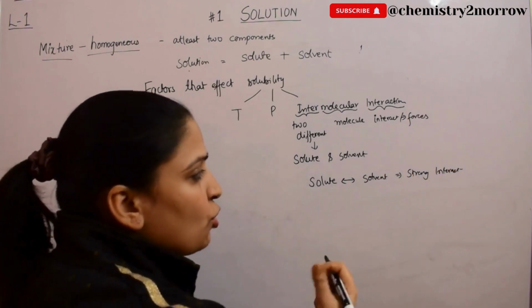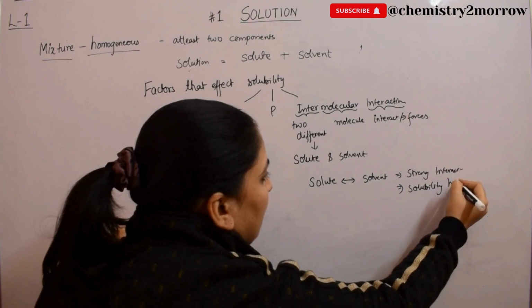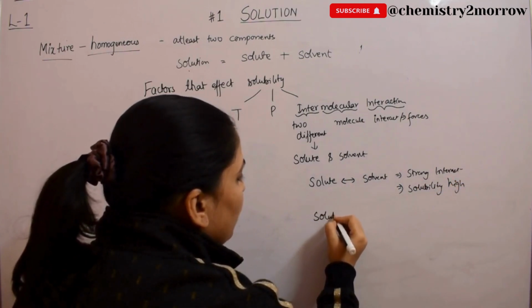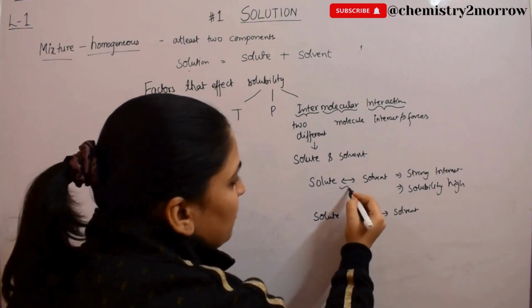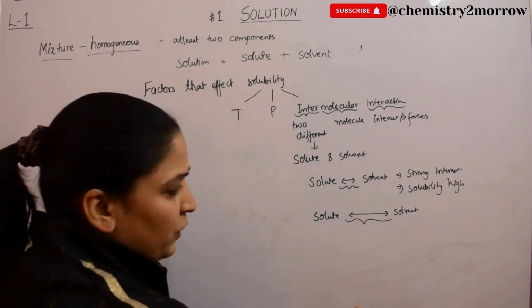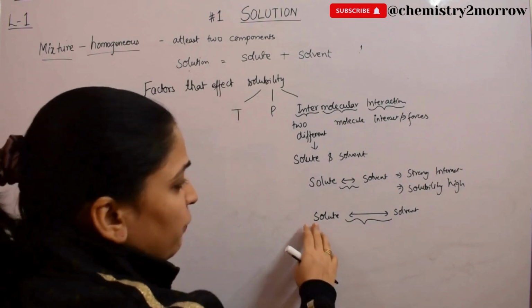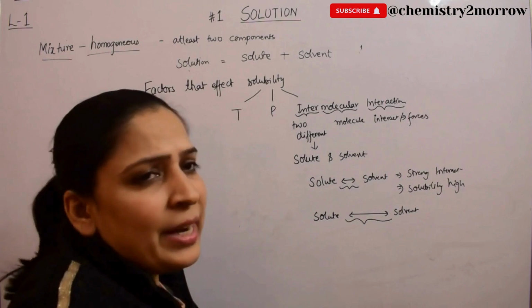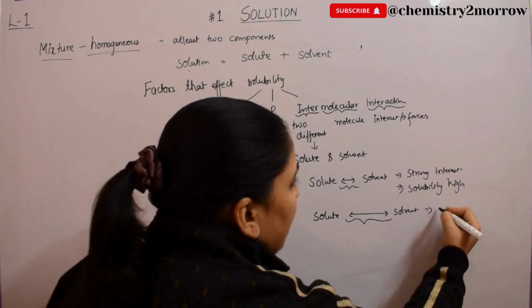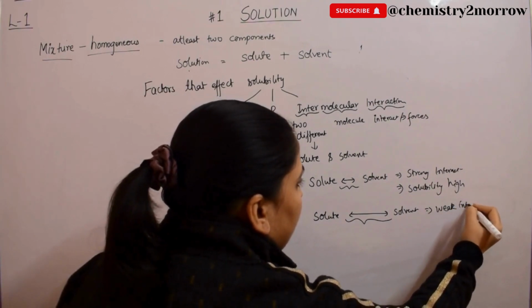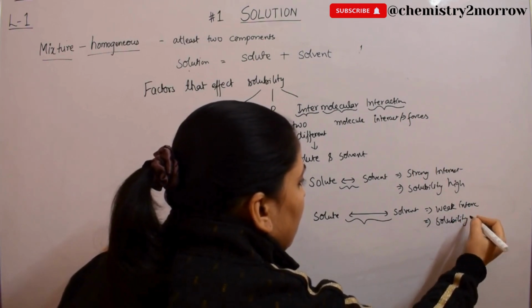If the interaction is strong, it means solubility will be high. Similarly, if solute interacts very weakly, so this arrow is basically signifying the distance between the two. If the interaction is strong, they are going to be closely held together or close to each other at least. If the distance is large, it means they are not tightly bound or not in proximity. So it means they have a weak interaction, or solubility will be less or low.